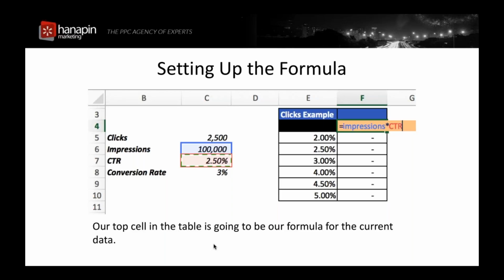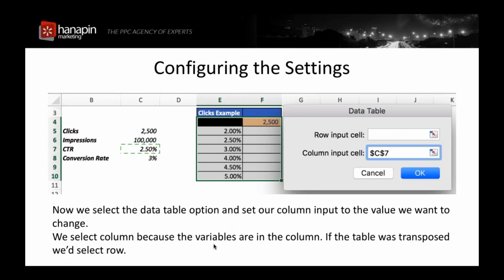All right, so when you're setting up the formula, we know the calculation for clicks. At least in this case, with the numbers we have, we can find it by impressions times click-through rate. What we're going to do is, towards the top of our table, above the column where we're going to put our output, put the formula we want to use. And if you aren't familiar with it, I think it came up in some of the previous sessions. If you're curious why it doesn't say C6 times C7,